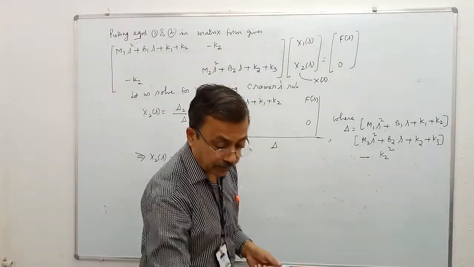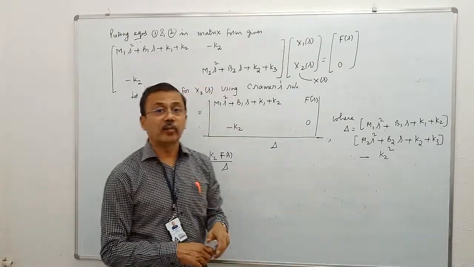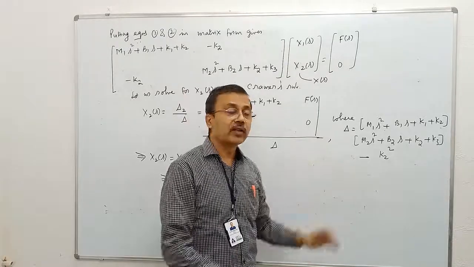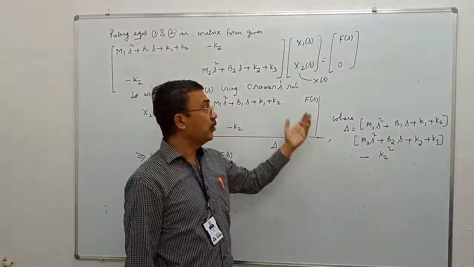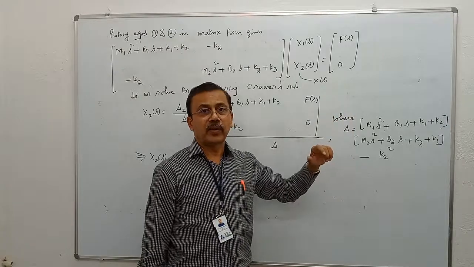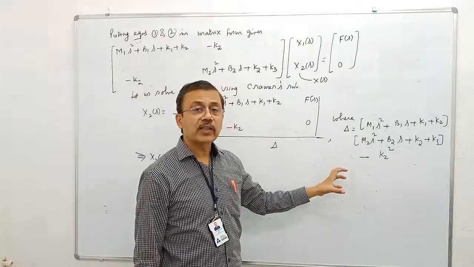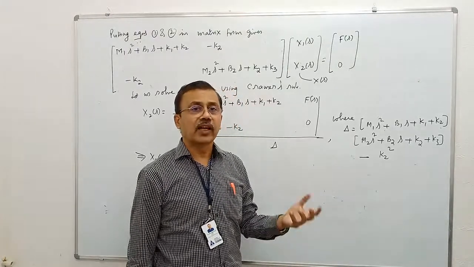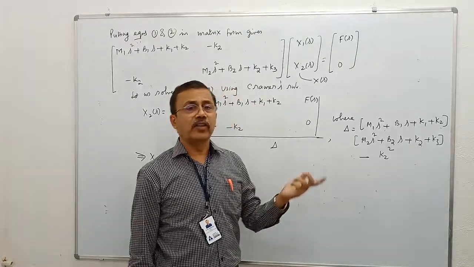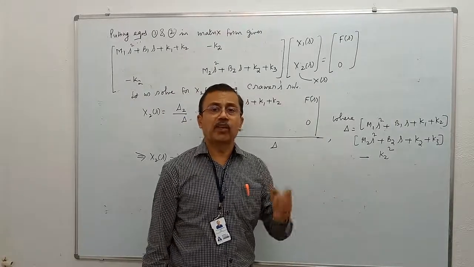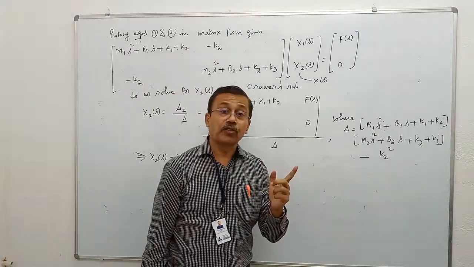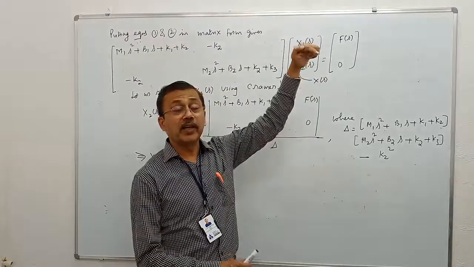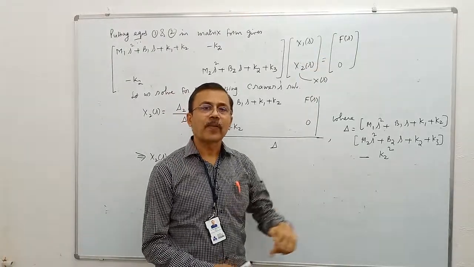So what is important for us is whenever a problem is given on the mechanical system side, first, before drawing the mechanical network, ensure whether the displacements given in the problem are sufficient or not. Once you write the mechanical network, at each independent node, you write something like a KCL equation with currents replaced by forces. What is the reactive force for m? M into d square x by dt square. What is x? X is the difference between the variable at the independent node minus the reference node.